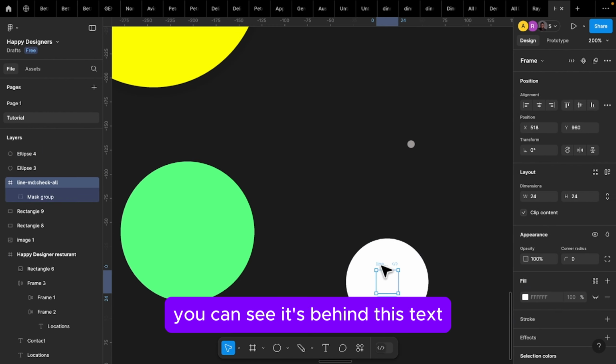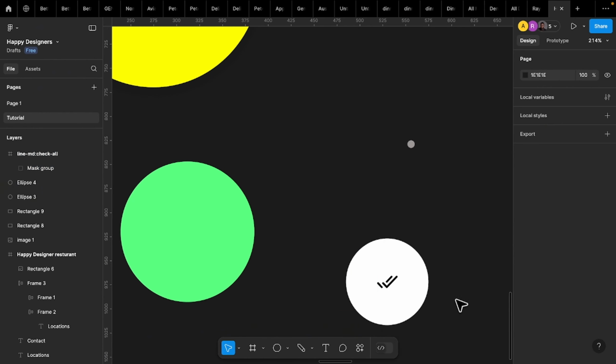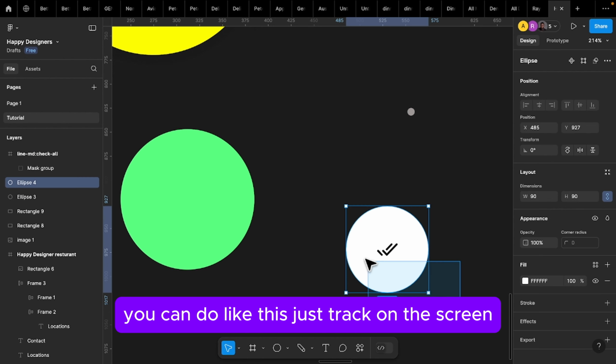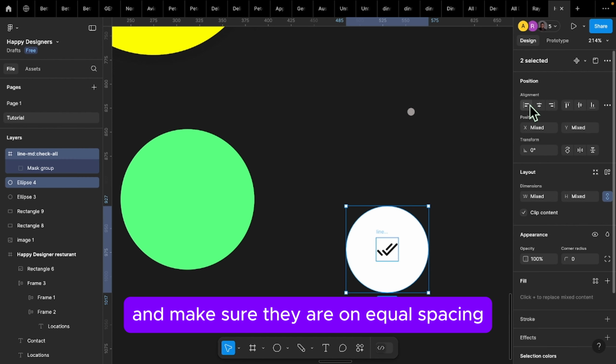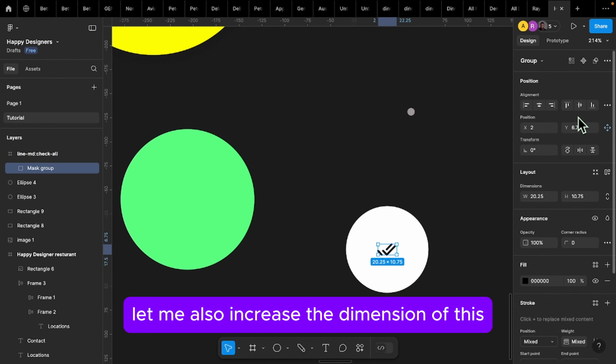You can see it's behind this text. So I'll just do what? Right click and press bring to the front. Then I'll select the two together. You can do like this, just drag on the screen and select it together. And make sure they are on equal spacing. Let me do that again. But let me intentionally also increase the dimension of this to